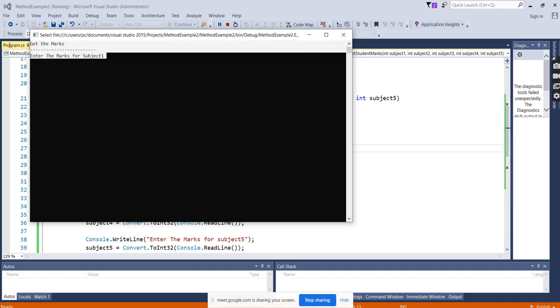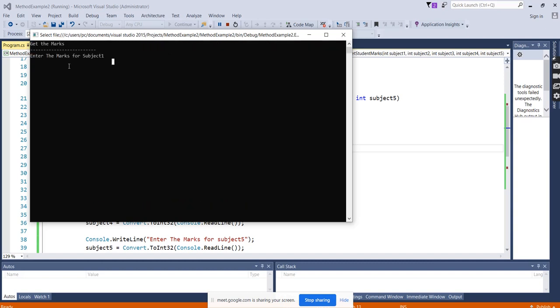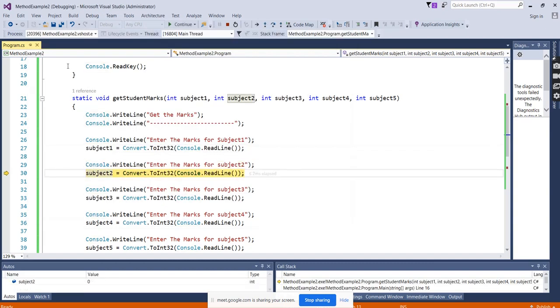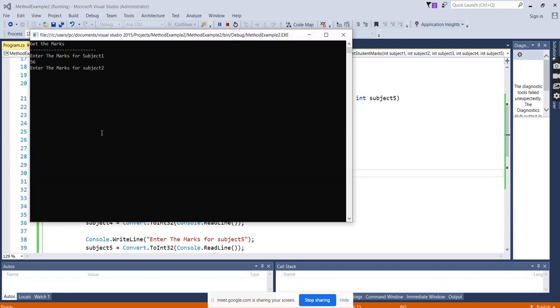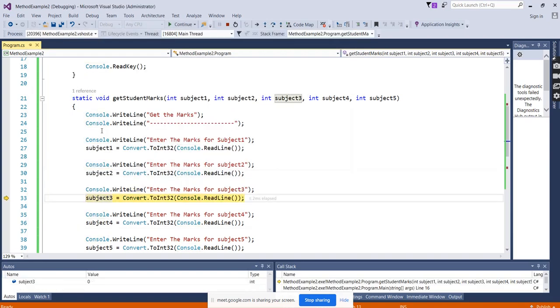It is displayed here: get marks for subject one. Then again it will come to the next line. The debugger will help you; it will show how it is processing line by line. Now it will come to enter the marks for subject 2, and it will ask you for the marks for subject 2.